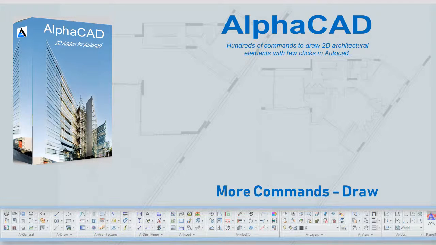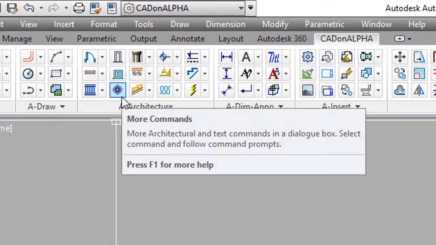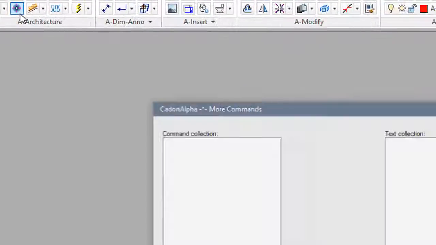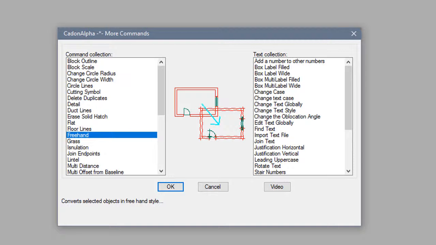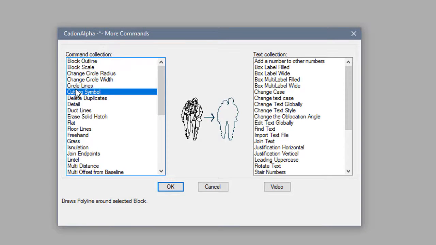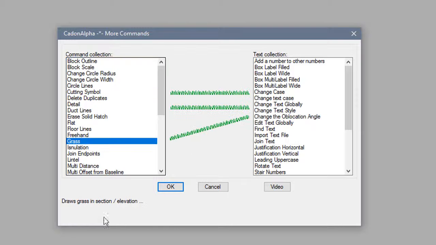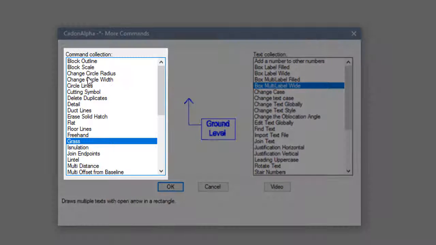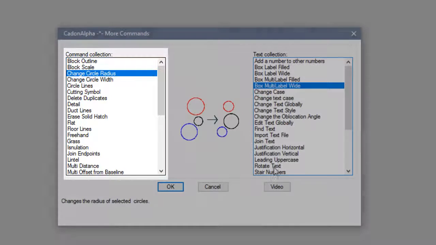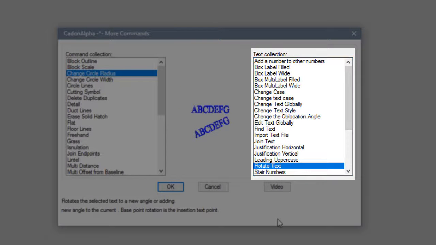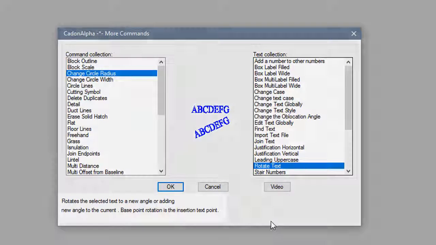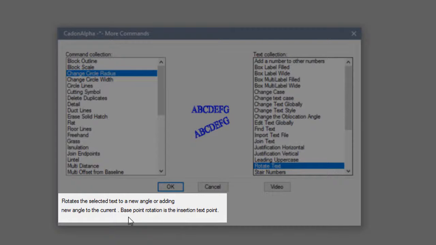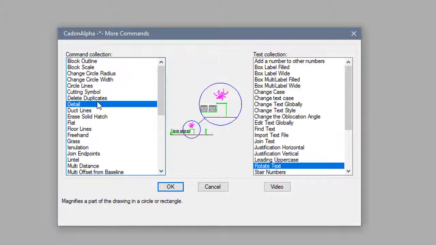More commands. Powerful commands for productivity and consistency to draw or modify objects and text, found in a dialog box. Most commands create their own layers to draw objects, for layer naming and color consistency. On the left side is a list for command collection, and on the right side is a list for text collection. Each command displays a short description at the bottom, for what it is intended to do, and a slide image